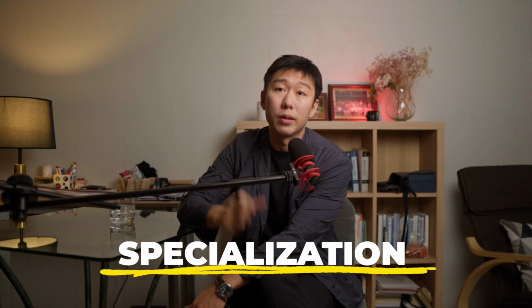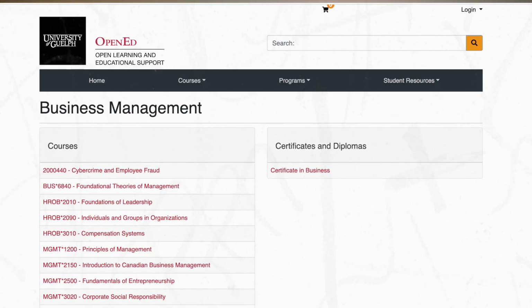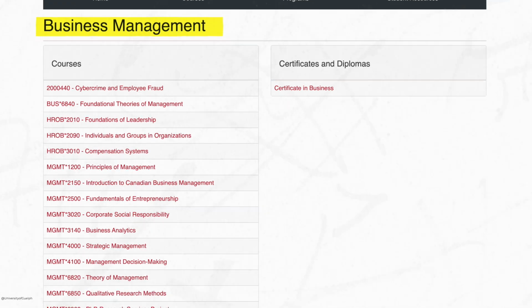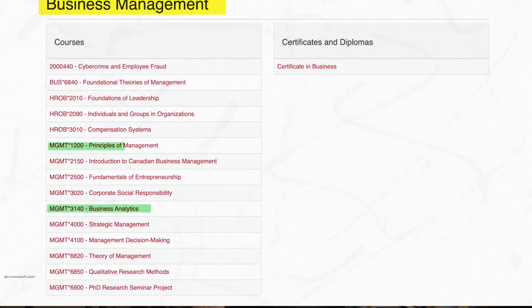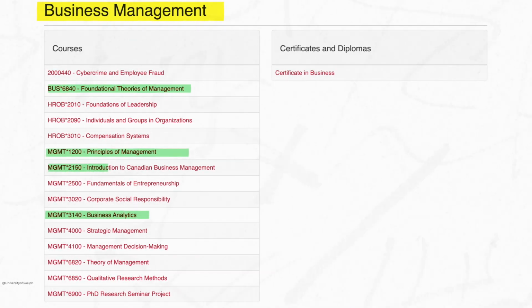So on the other hand, we have the red system, whose focus is on specialization. There are no general courses for all majors to take. If you are a student in business management, you only take business management related courses. So naturally, you get to dive deeper into the subjects as you take more courses related to your subject. Many students from the red system actually find the blue system subject courses to be easier and not as comprehensive.